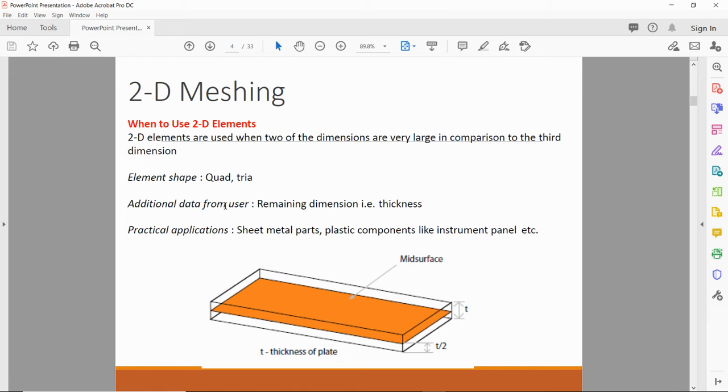In 1D problems, the additional data required from the user is the cross section. In 2D, the additional data required from the user is a dimension such as thickness. We require the thickness as input.